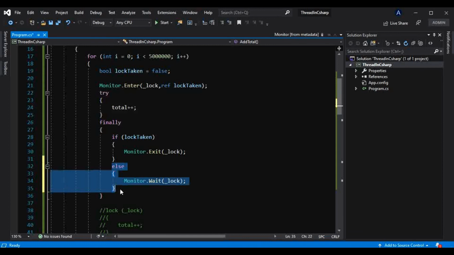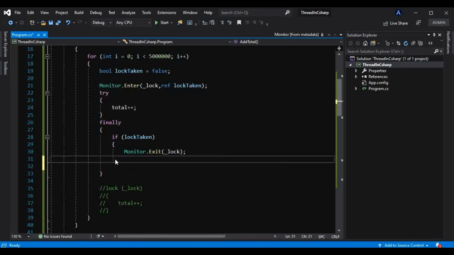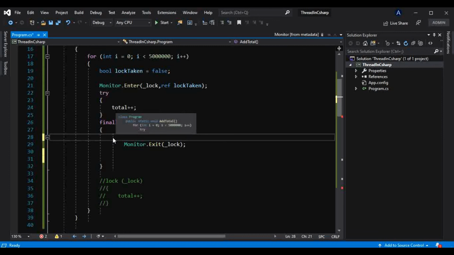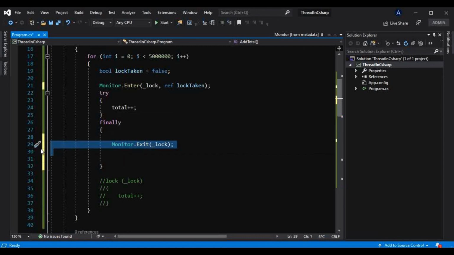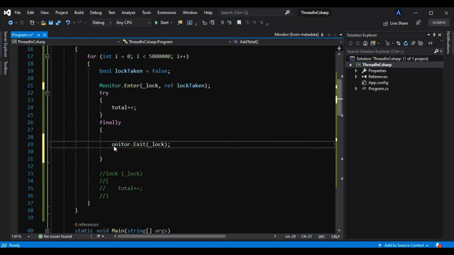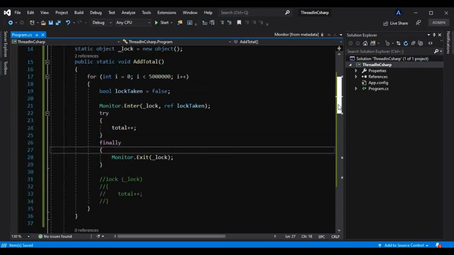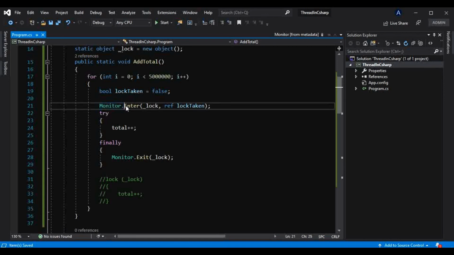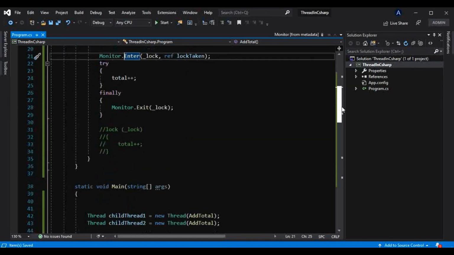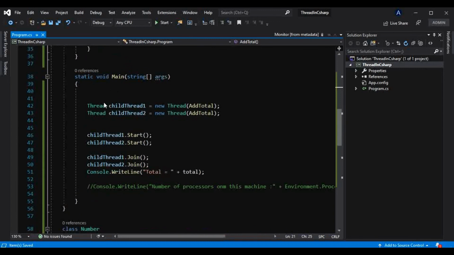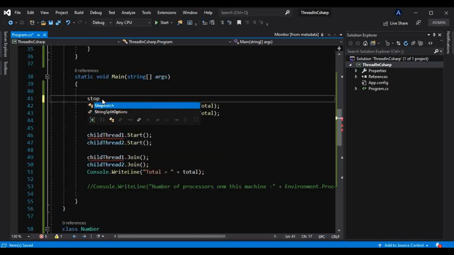I will just get rid of this. Now first we will see the performance of this monitor. Here I will make use of a stopwatch.